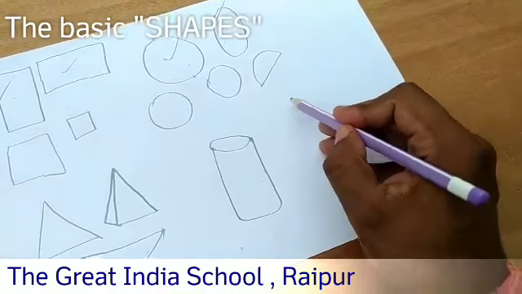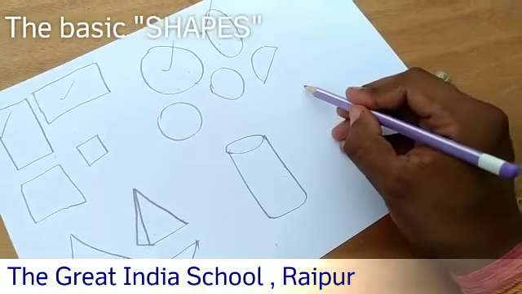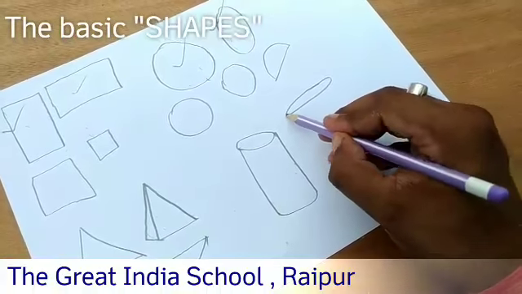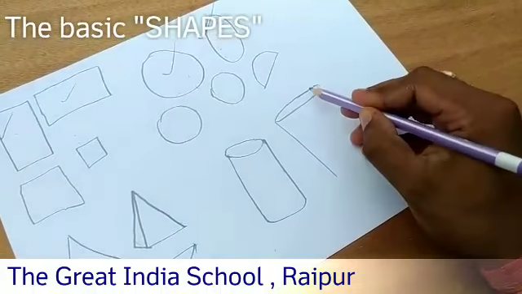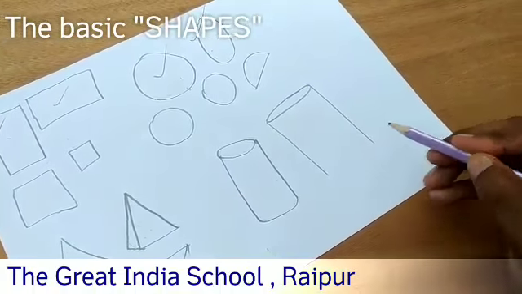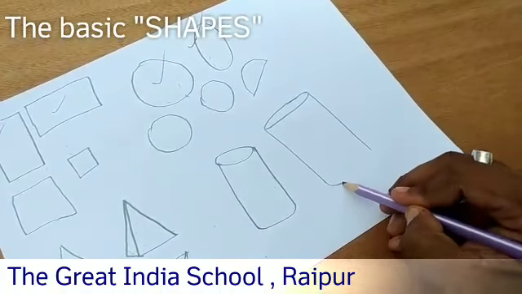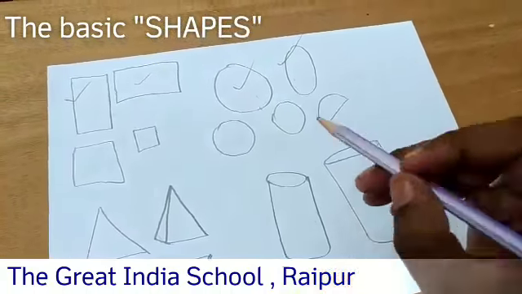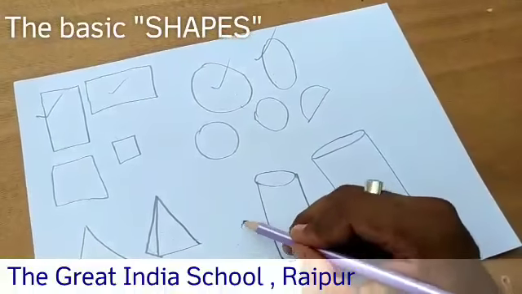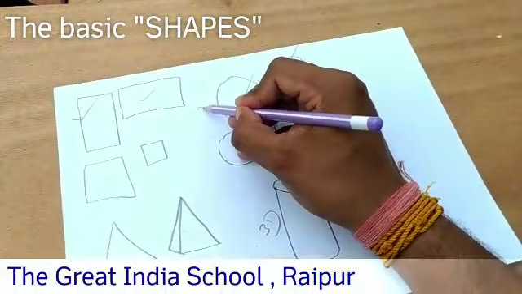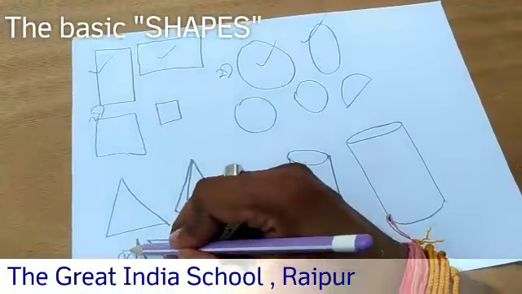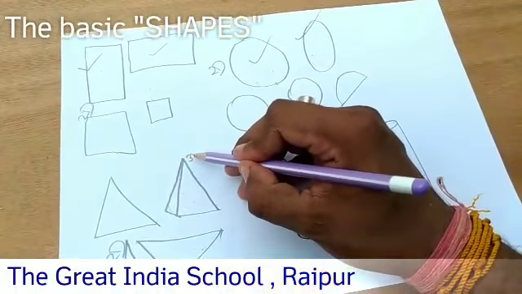We are using the cylinder shape; it's a basic shape in art. So this is the form: an oval shape, two parallel lines and one curve. It's called the cylinder shape. So this is the 3D form. I will write it for you: 2D, 2D, 2D, but this is the 3D form.